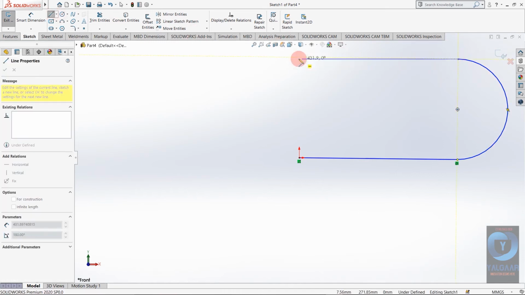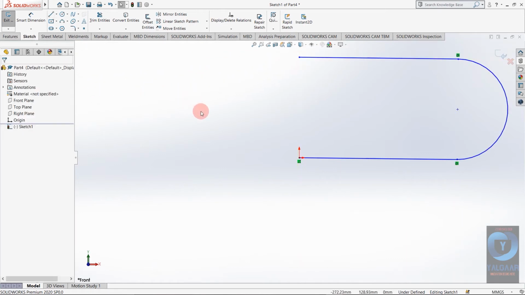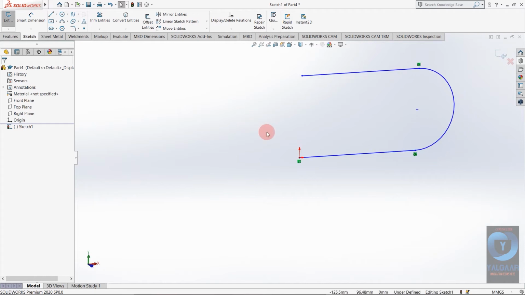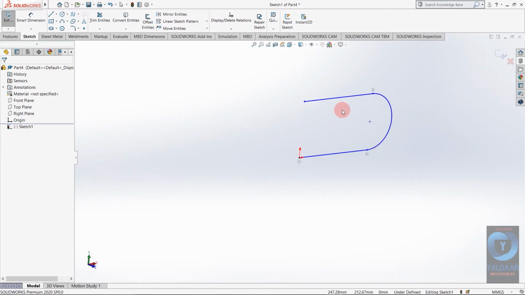You can also define this guide curve as per your requirement, but because I am just giving an example, I am not going to define it.